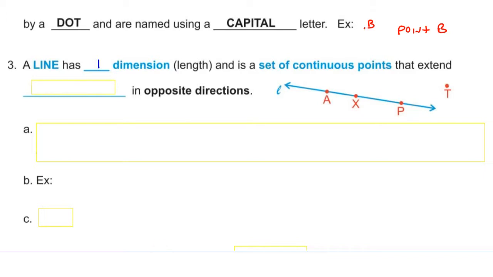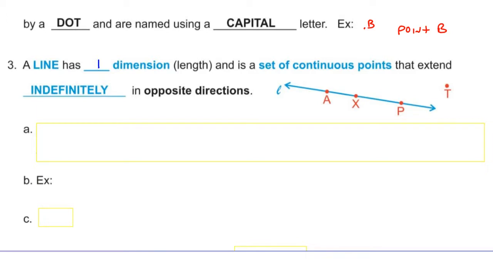How far does a line extend? Well, please notice, and students miss this, notice the end of the line has arrows. Those arrows indicate that the line continues on forever and ever. A little bit of Jersey accent in there. The line goes on forever. And we'll use the word indefinitely. The line extends indefinitely in opposite directions. It goes on forever and ever.